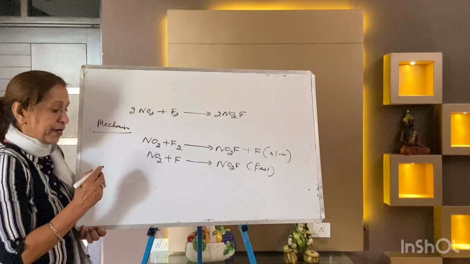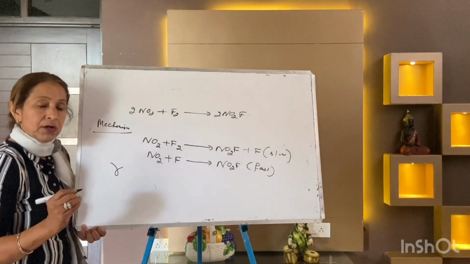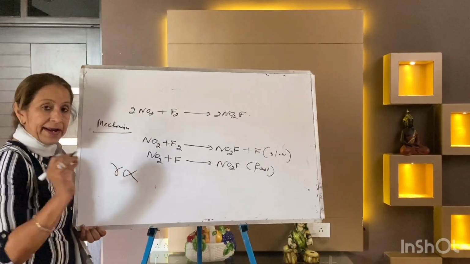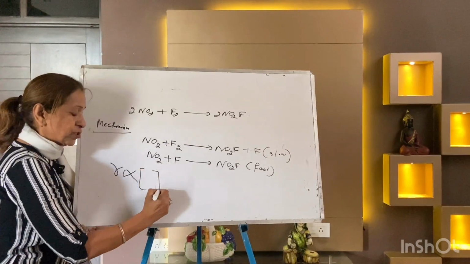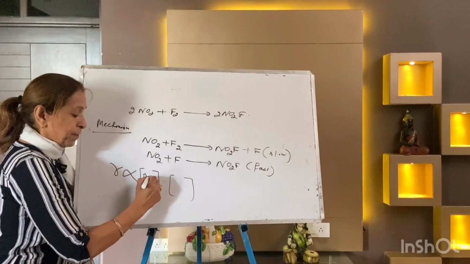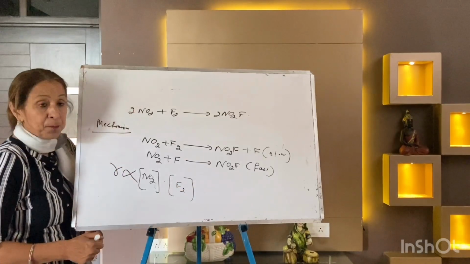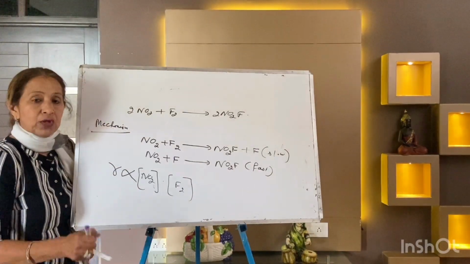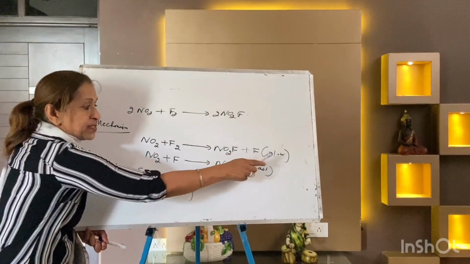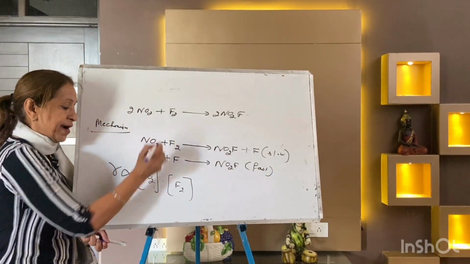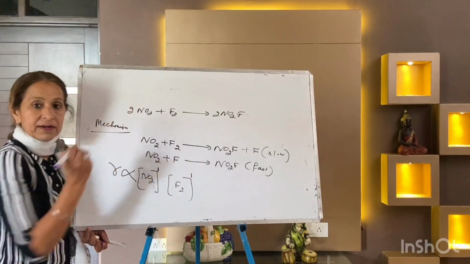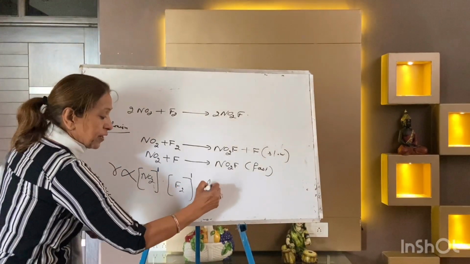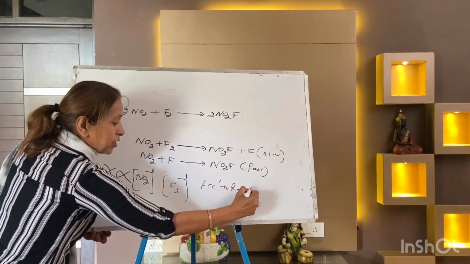Now, according to rate law, the rate of the reaction, now X and Y is coming. Listen to me now. According to rate law, the rate of the reaction is directly proportional to the molar concentration product of the reactants with each concentration term raised to a power. Now, what is meant by raised to power according to rate law? Raised to a power equal to the number of moles of the reactant present in the slow reaction. It's 1 and 1. Right? 1 and 1. It is XY. You have written this rate according to rate law.